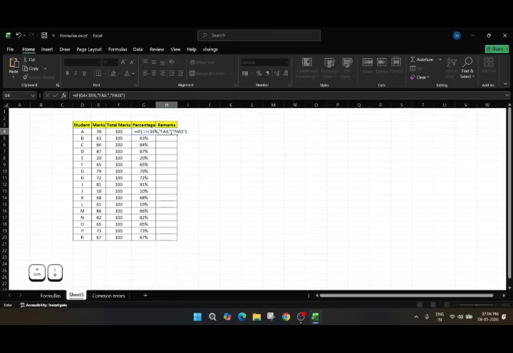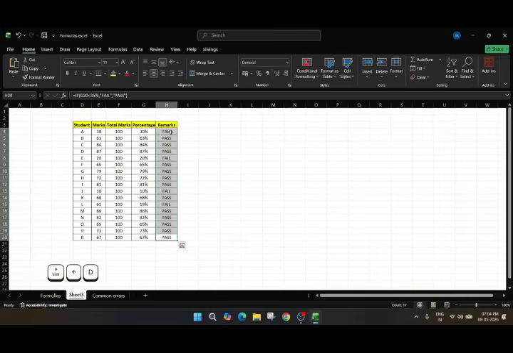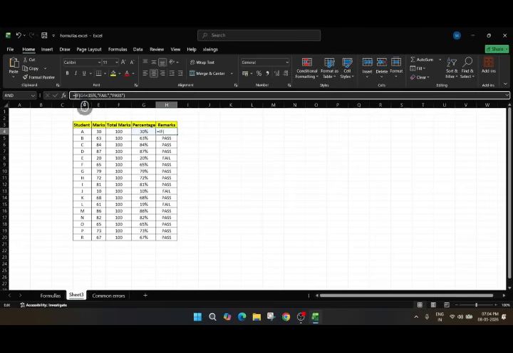Bracket close. Enter. Go down and then Control D. You can see here we got it properly. Now we need to use a nested if. What is nested if? Nothing. It's an if statement inside another if. So for that, you go at the starting of the equal and enter